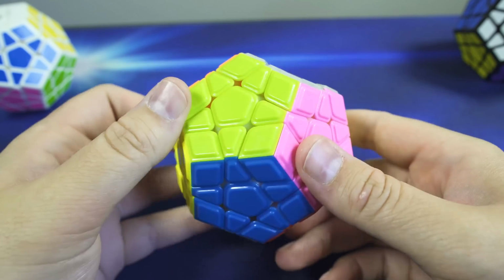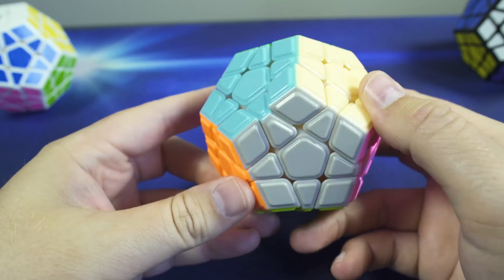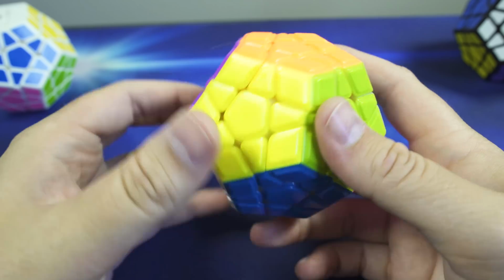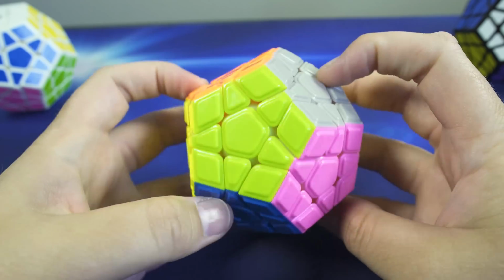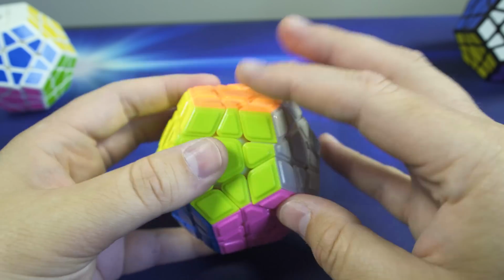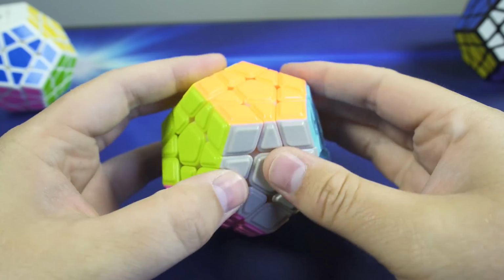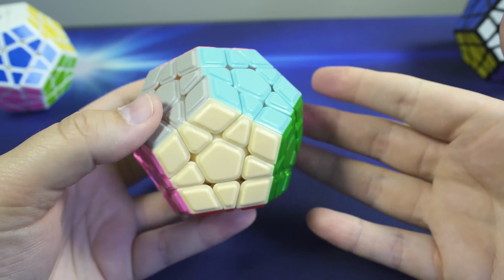But the stickerless shades are pretty good. The white and the cream really aren't that similar. There really isn't anything that looks similar to me, but I don't really have any color issues other than red and orange, and they are on opposite sides, so that won't be an issue. And the turning on this is okay. It's pretty smooth out of the box,